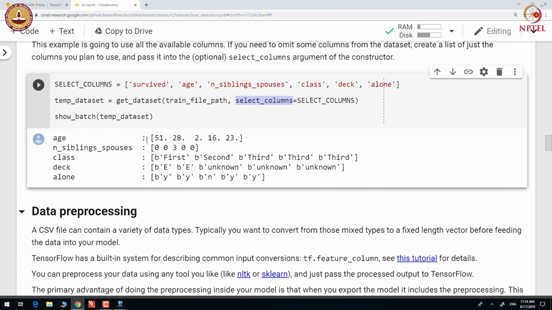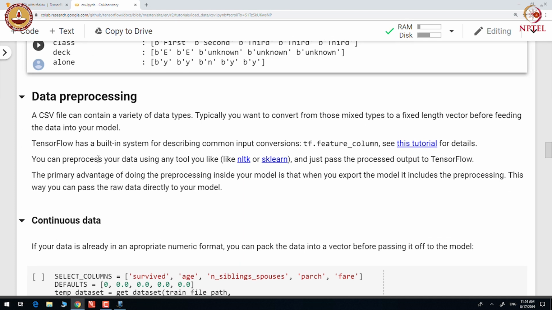And since we chose only handful of the features, we can see that only those features that were selected are shown here.